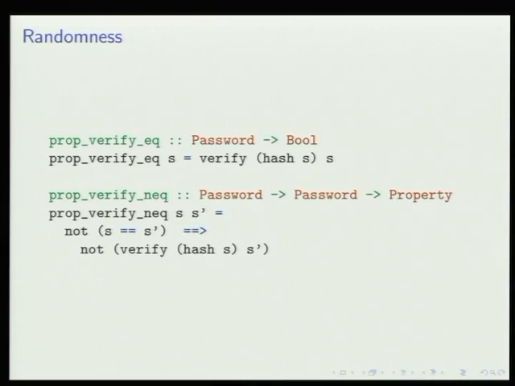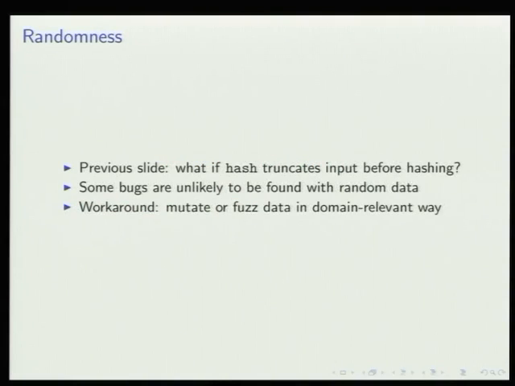The opposite property is to say that for any two passwords that are different, verifying password 2 against the hash of password 1 should always fail. So basically you can't log in using someone else's password. We have the precondition that s and s prime, the two password arguments, are not equal. And then we say that the verification of the second password against the hash of the first password must be false. That is a perfectly reasonable algebraic property, but